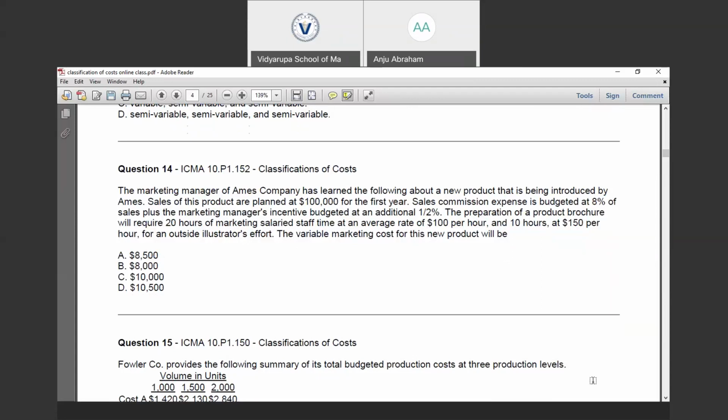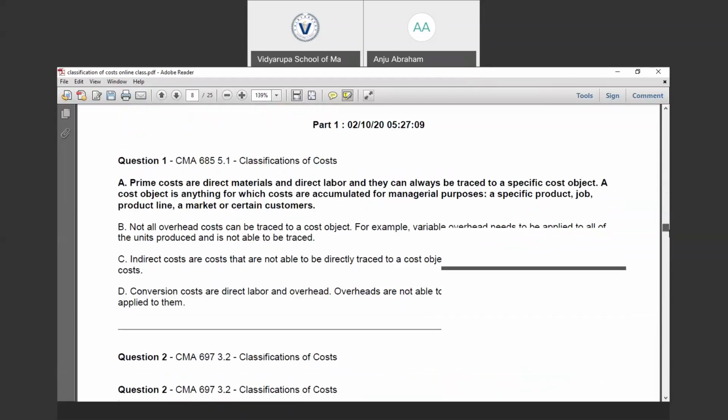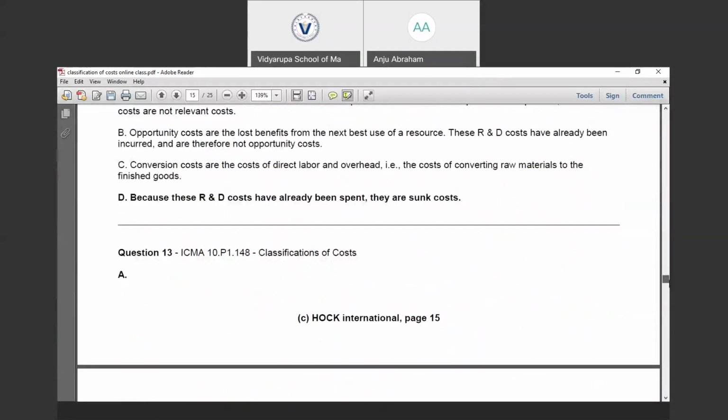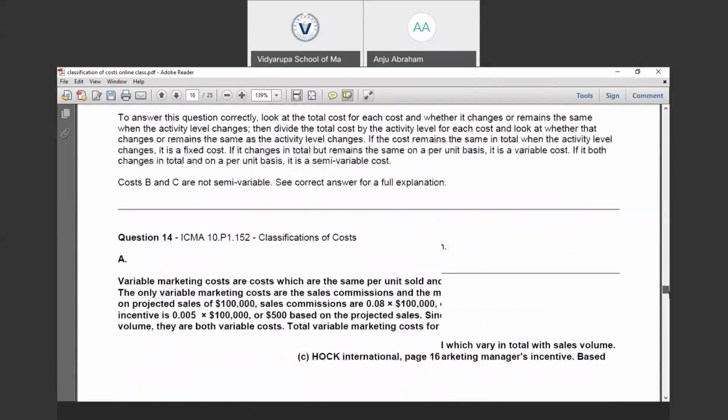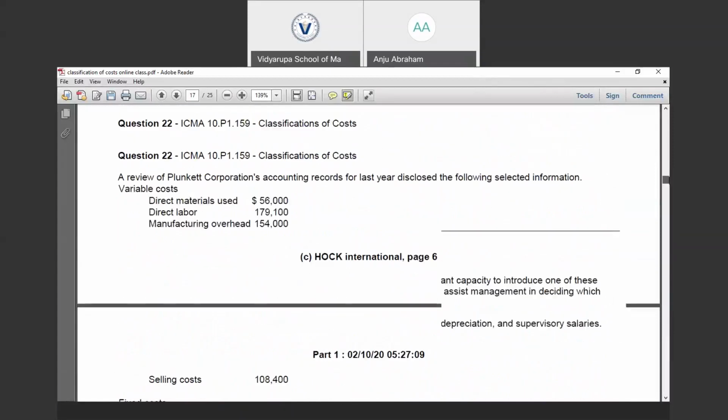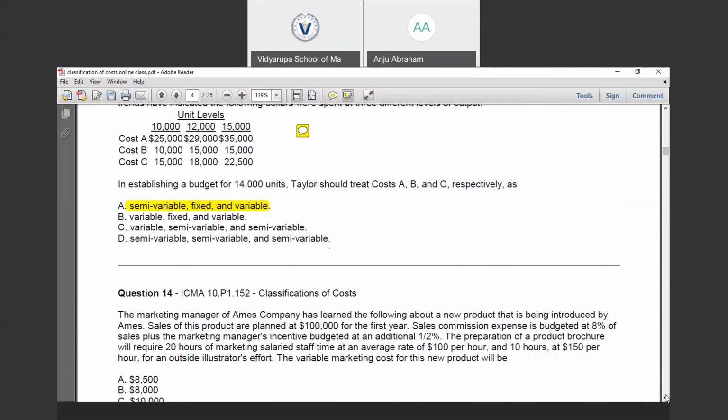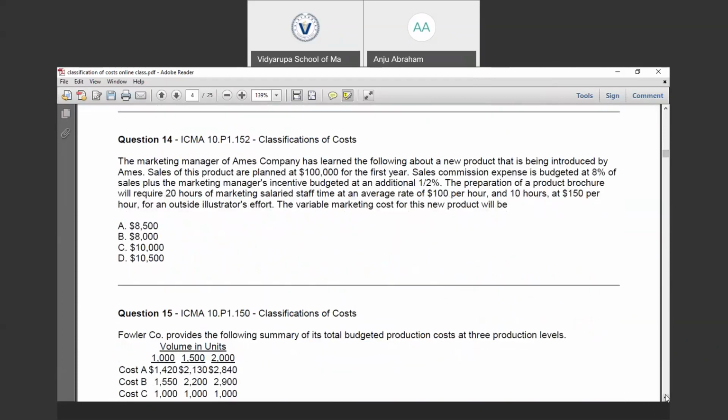Can you find the answer? Can you give me the answer?